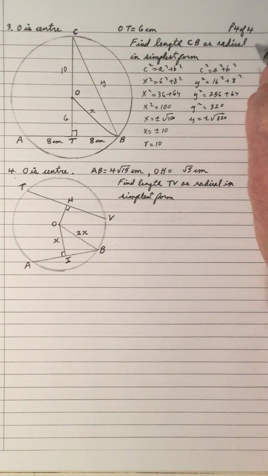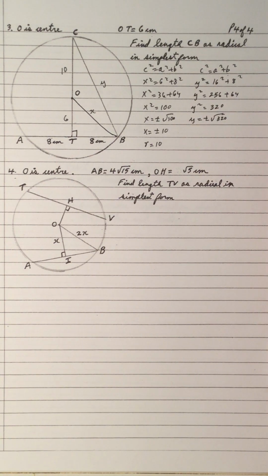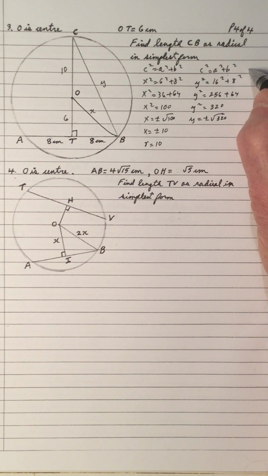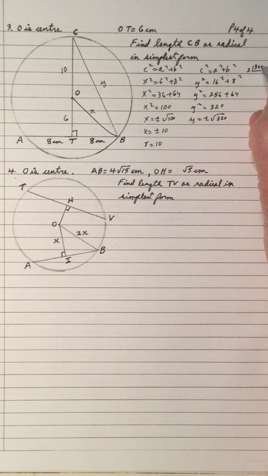Now, a long way to break the 320 down would be to start dividing by 2. So 2, because it's even, into 320, that's 160. Divide by 2 again, it's even, is 80. Divide by 2 is 40. Divide by 2 is 20. Divide by 2, it's 10. And 10 is 2 times 5. So we have,